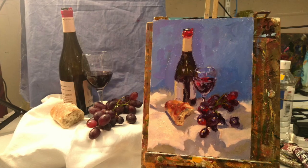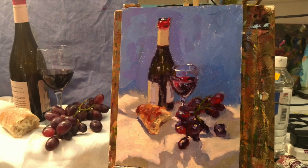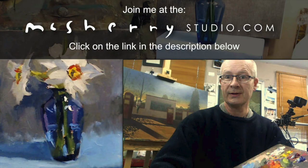And the highlights were interesting, that you didn't put the white on. I didn't put the white on the tablecloth. That was interesting. The tablecloth was not white. Yes, it is an interesting thing. You're governed by the highlights. You must always be governed by the highlights, and that means you say you